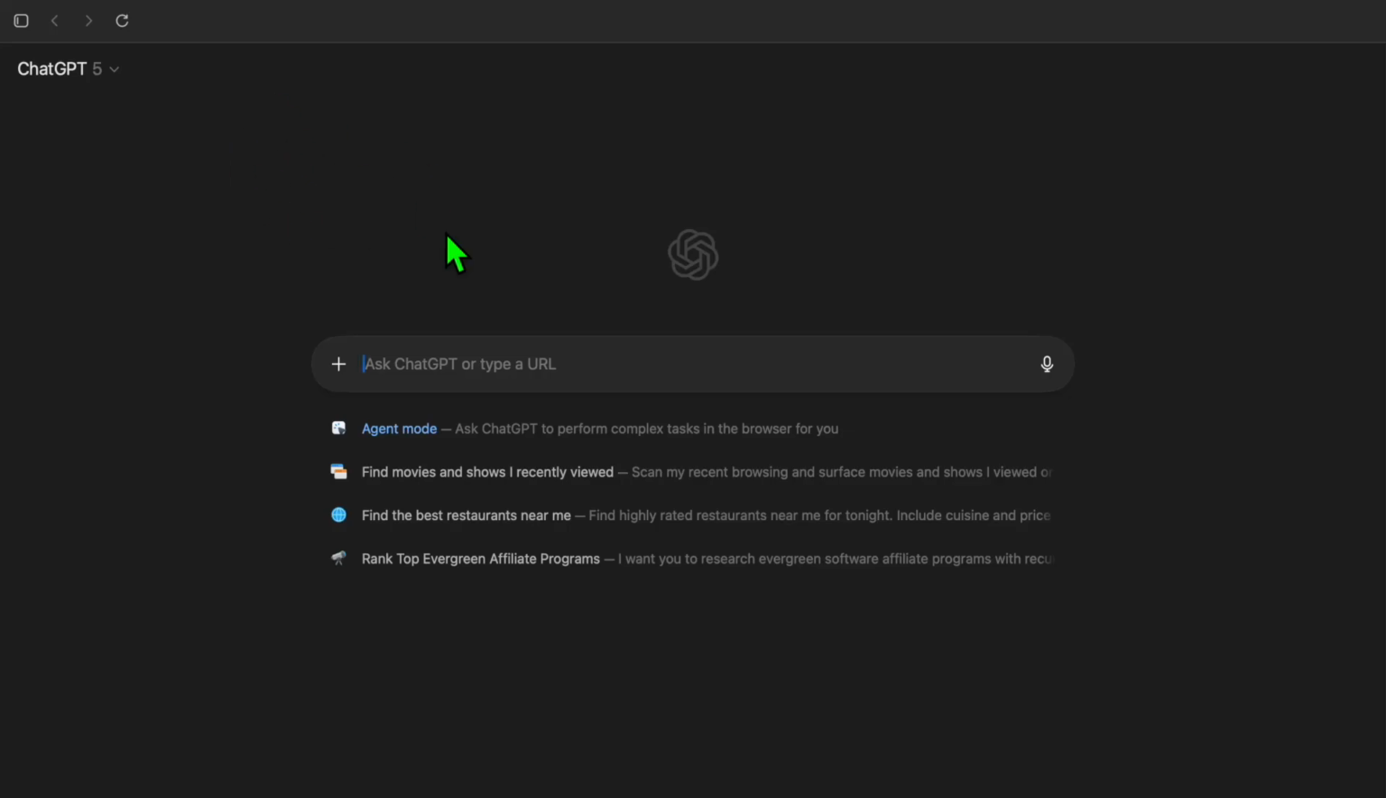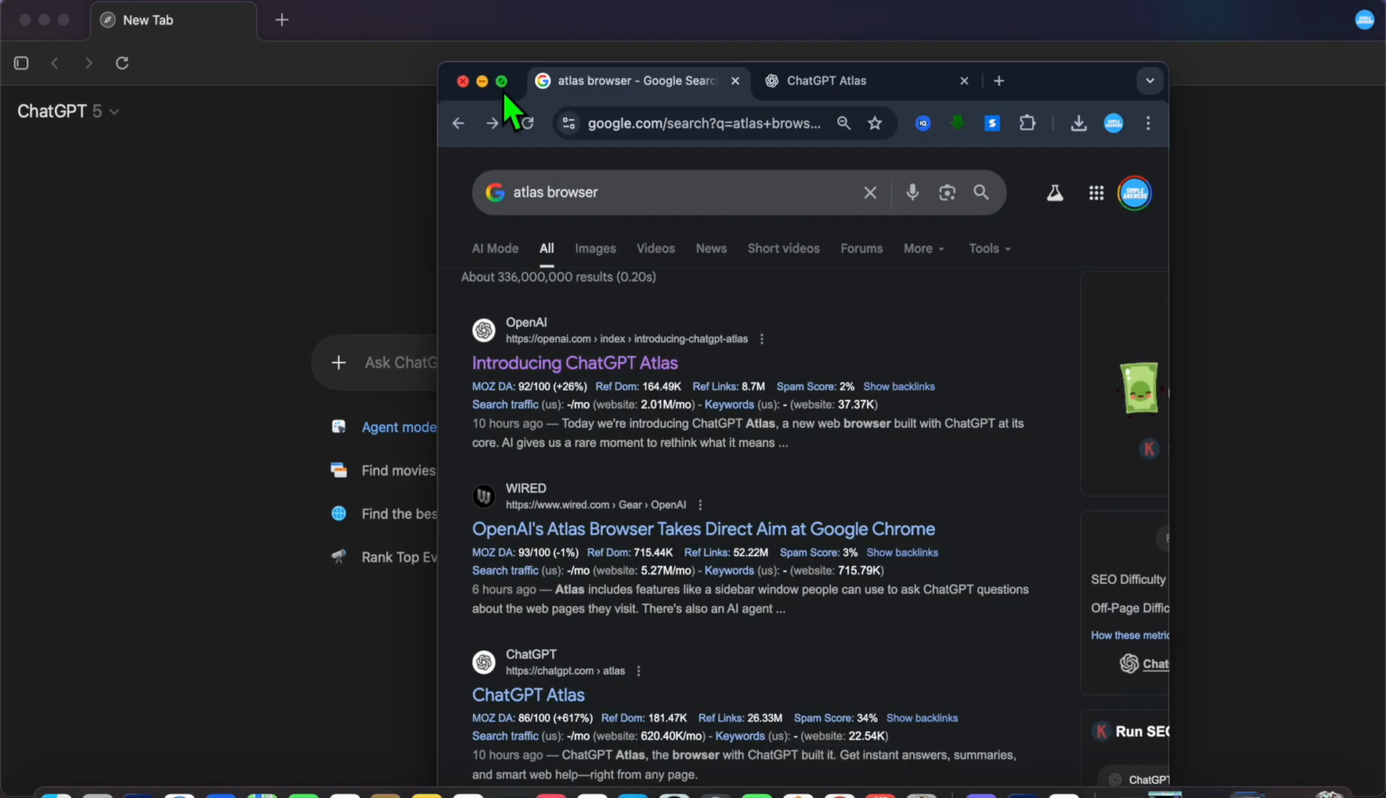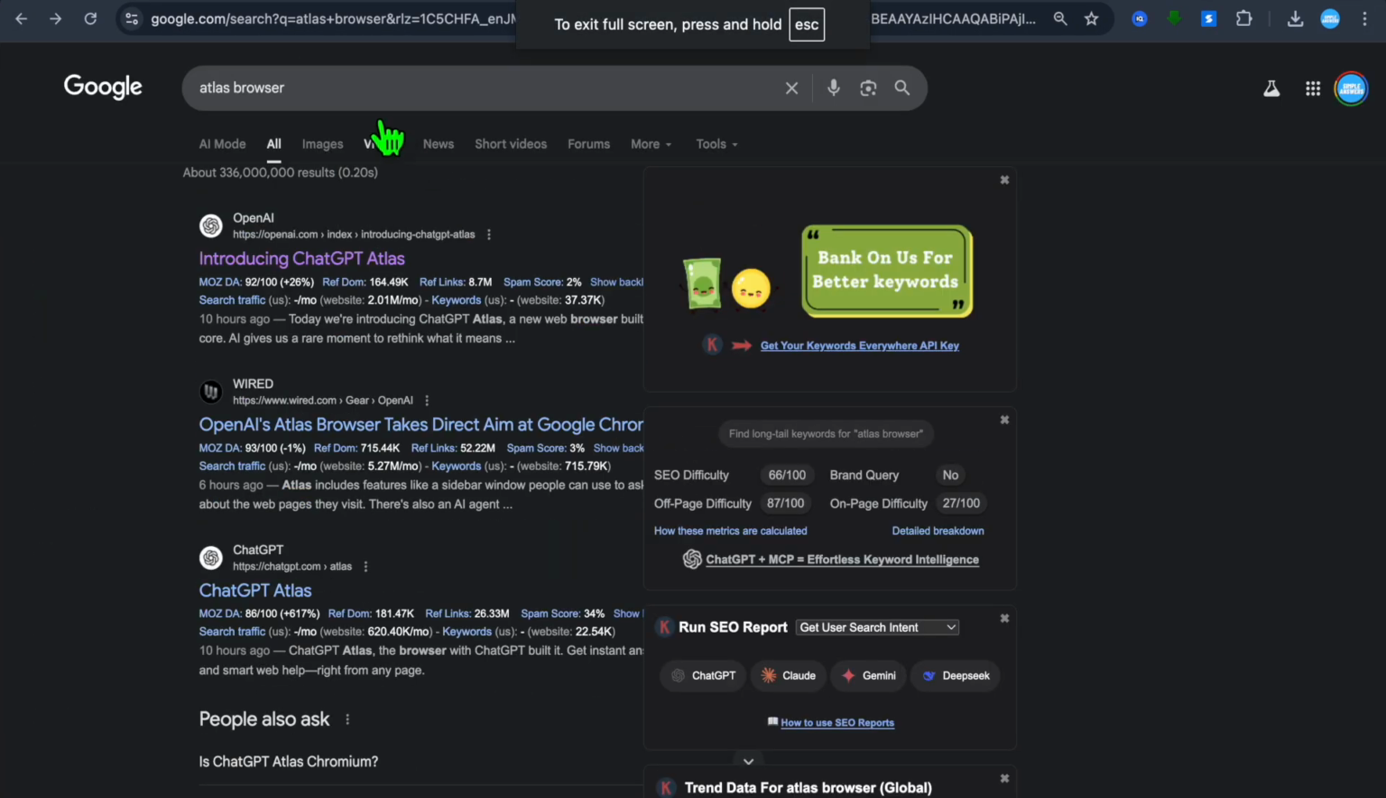How to set up ChatGPT Browser. This is how it will look once it is installed on your device. Now to get started, what you'll need to do is open your browser, for example Google, and from there you're